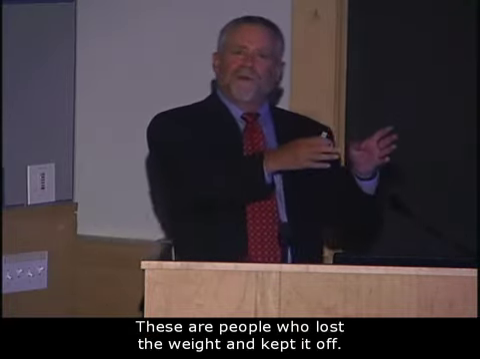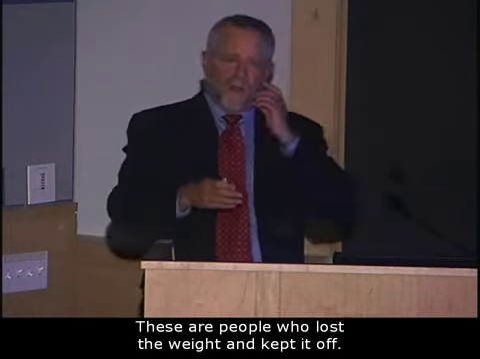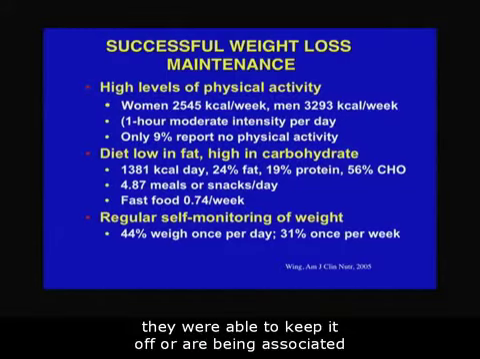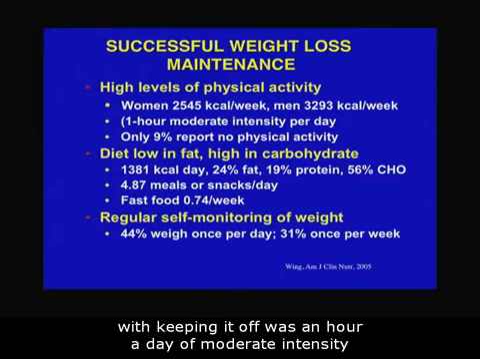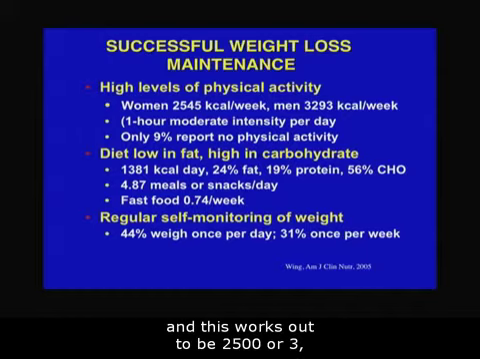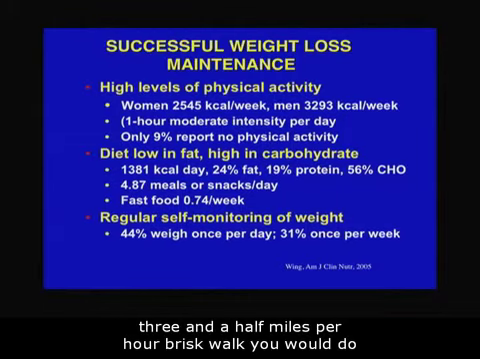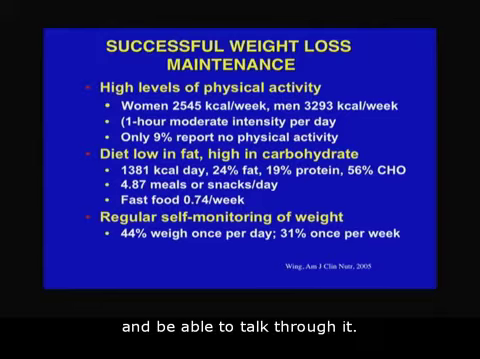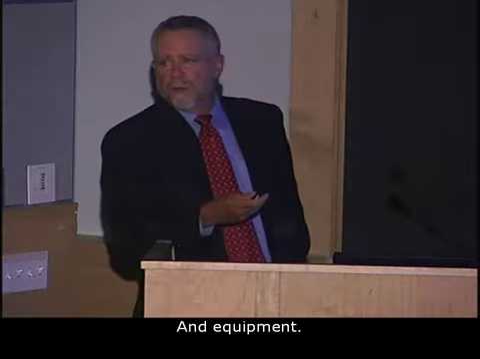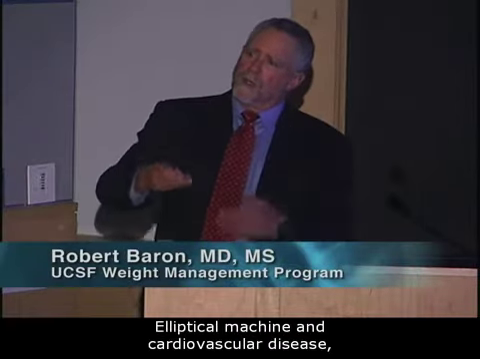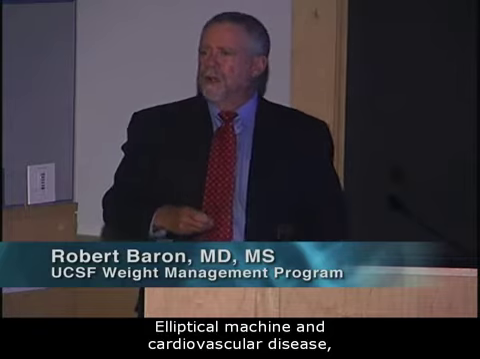These are people who lost the weight and kept it off. What was associated with keeping it off was an hour a day of moderate intensity exercise, and this works out to about 2,500 or 3,000 calories per week. That means a brisk walk at 3–3.5 miles per hour, where you could still talk through it, or the equivalent: an elliptical machine, cardiovascular exercise, swimming,